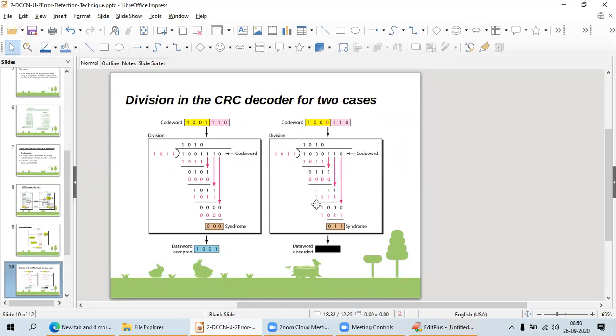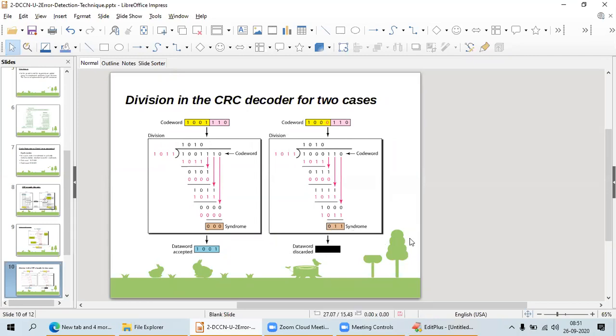All ones means I again have to take 1011. Sorry, here there is a mistake: I should not keep it as 0, it should be 1. So I use 1011 first and remove that bit. I got 011 as the syndrome, the resultant.